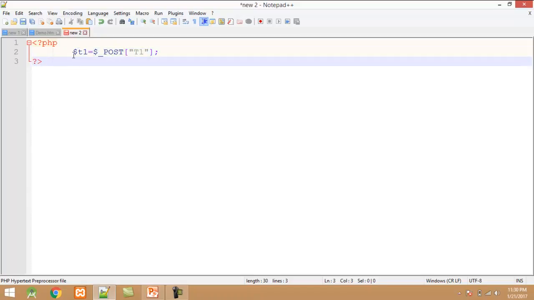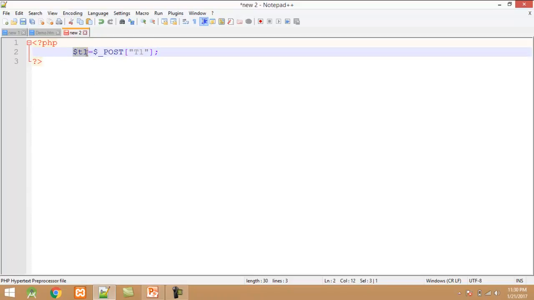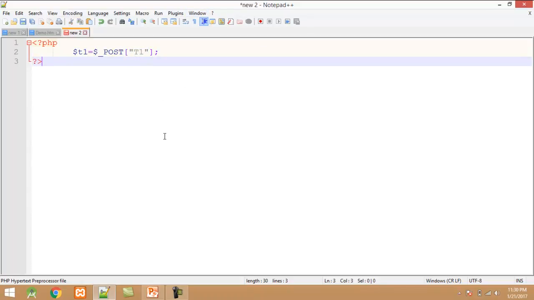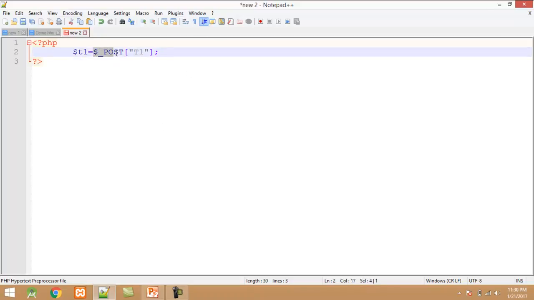Here you can see $T1 is a variable, $_POST is a global array which is used to fetch data from HTML program to PHP program. When we click on submit button, all the forms data automatically stored into the $_POST global array.